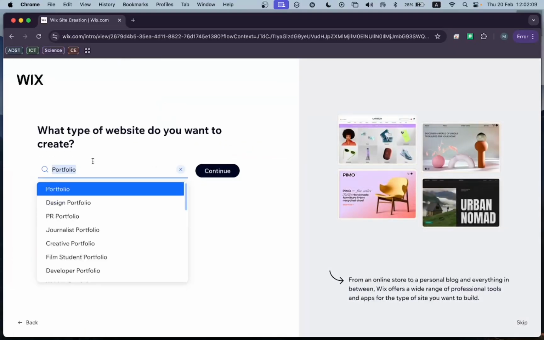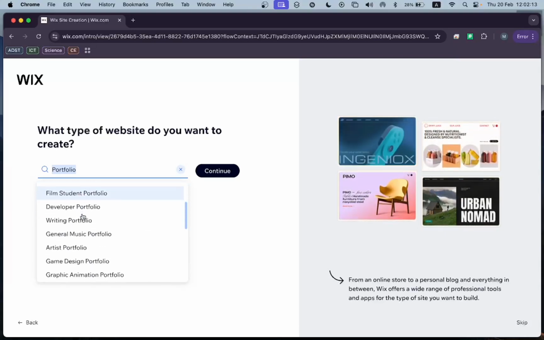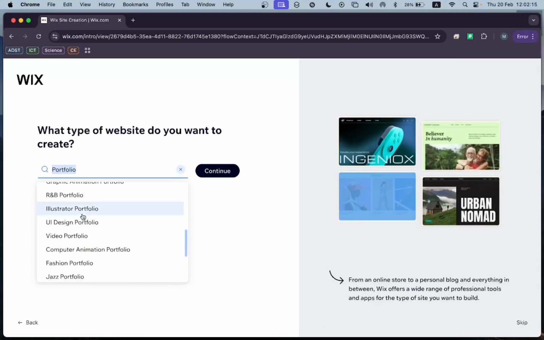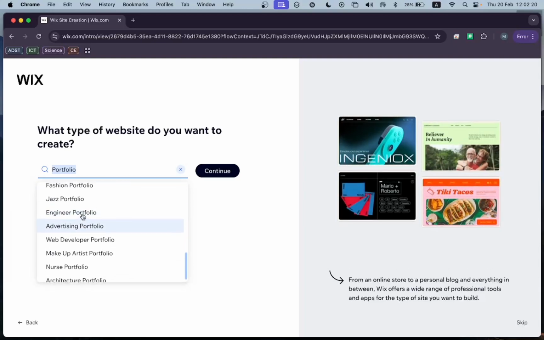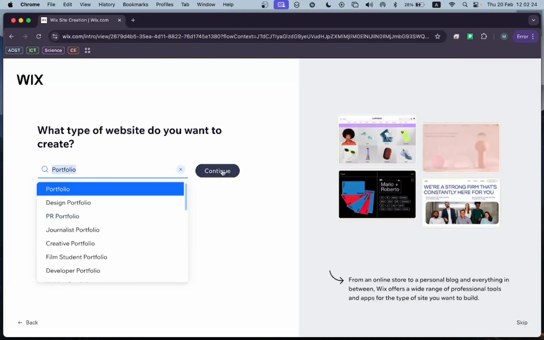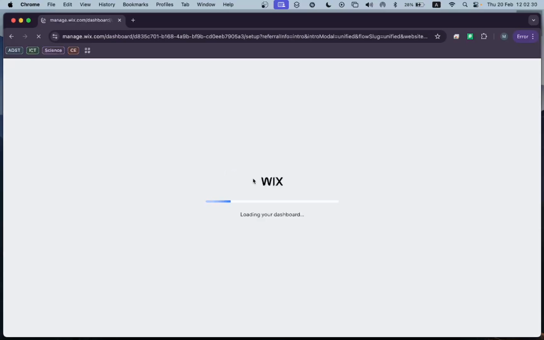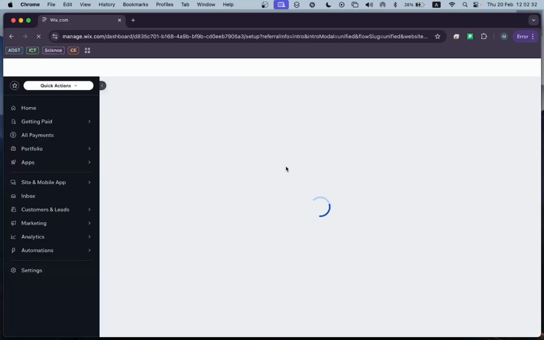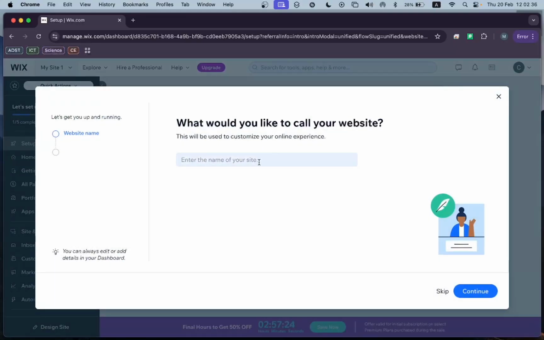When we do, you're going to want to make sure you have a portfolio selected. There are some other kinds of portfolios that are here. And in this case, because we're making a website for our photos, we could choose one that's more specific for photos, but the general portfolio works pretty well. So we're going to continue on this. It takes a few minutes to load,